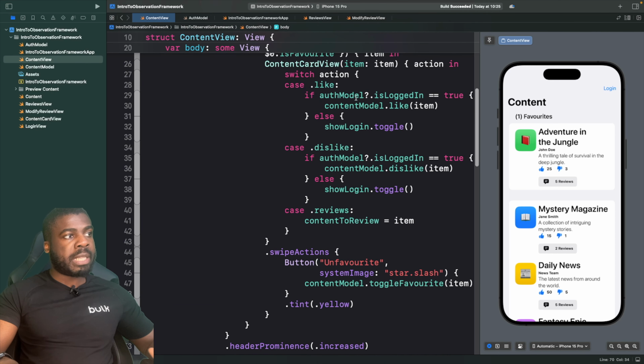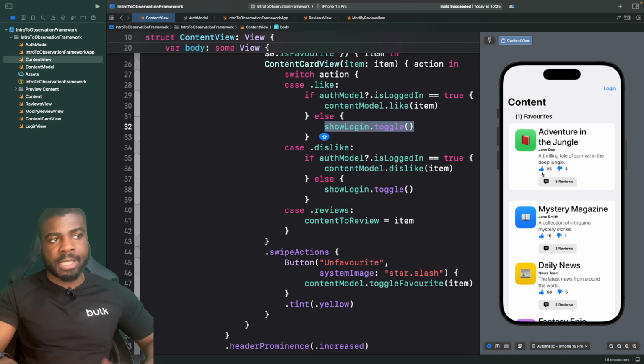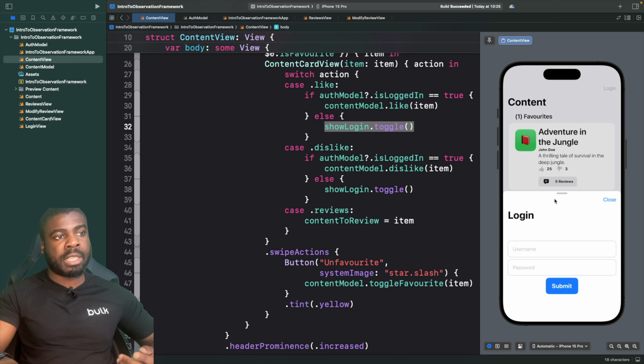Nothing too wild. All we're saying here, like I said before, is that if you are logged in, we'll leave a like, or else we'll toggle the show login. So this will basically show the login screen. So let's just see what happens if we test this out. If I hit this button here now, you'll see that we get that screen, and we have to